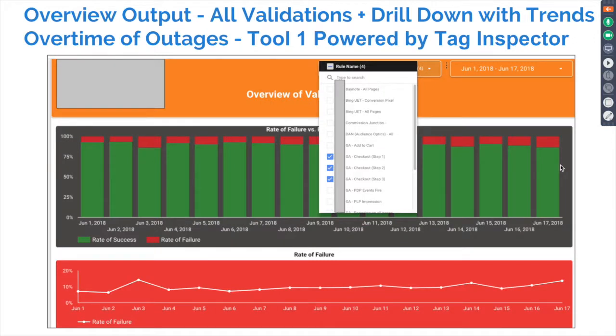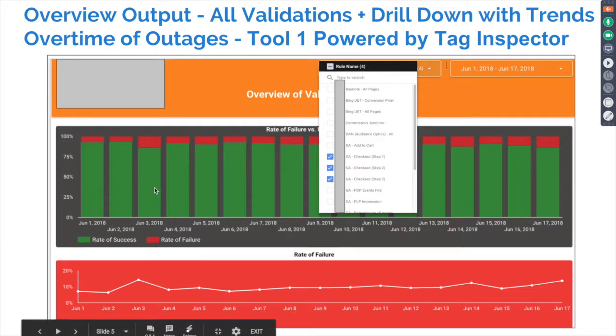Another visual that we can see, powered by the same technology and same tool, is outages over time, or trends. So what we're showing here is rate of failure over time. In this particular dummy example, it's around 10% or less, but you can see there are little bumps every so often. Maybe this correlates with releases from your tag management system, or releases from your developers, or some sort of campaigns that trigger a lot of data not to be tracked or something to break.